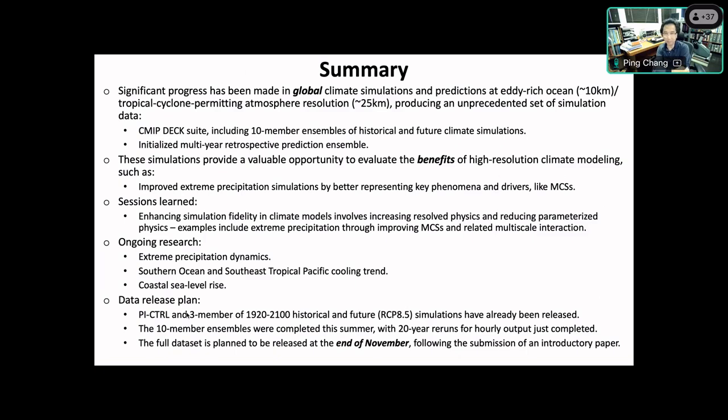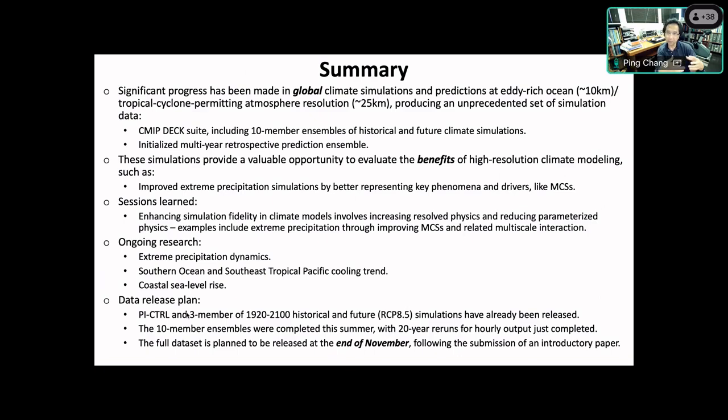Initially, we didn't expect it, right? But if you look at the tracking results, the typical spatial scale of the MCS is about 300 to 400 kilometers. So if you have a 25-kilometer model, you can resolve it. But if you have a 100-kilometer model, you're not going to be able to resolve something of 300 to 400 kilometers. So I guess that makes some sense. Even if we don't go all the way to resolving, we start getting something correctly.